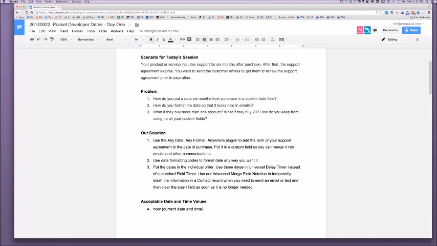Number 2 problem is, assuming I've got a date in a date field already, how do I also format that date in a way that it looks nice in all of my emails? We call that pretty date. Some other people call that humanizing the date. But if you just put an ugly Infusionsoft date field in there, it's definitely going to look pretty bad,